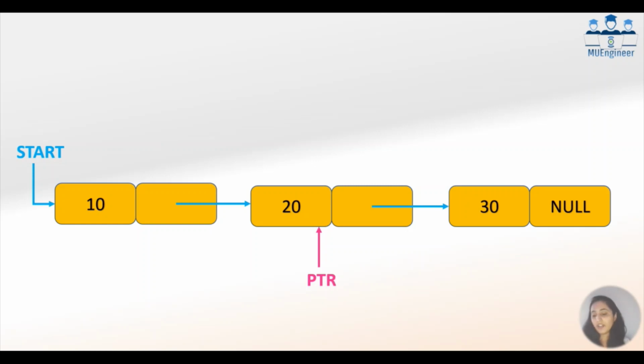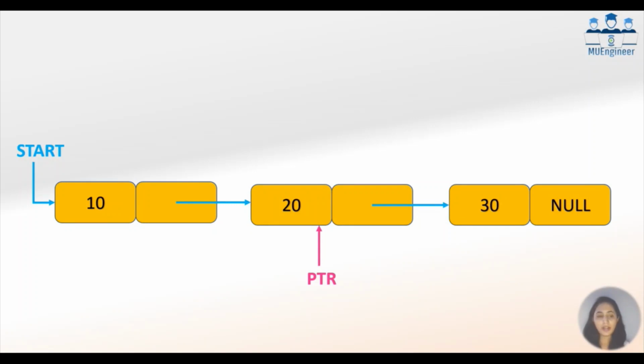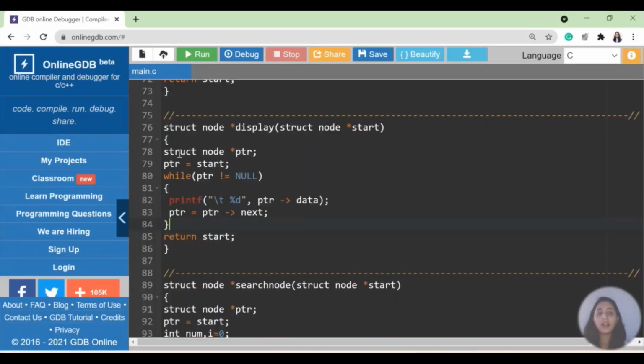Now why I have just shown that tick mark, because we are in a while loop and the while loop condition was satisfied at the first block, saying PTR का next null नहीं था. PTR was not null. Here also your PTR is not null because PTR is holding the address of 20. Now next we'll see, now my PTR is pointing to 20. So what is happening, I'm again going back to the while loop, and inside this while loop I'm checking whether PTR is equal to null.